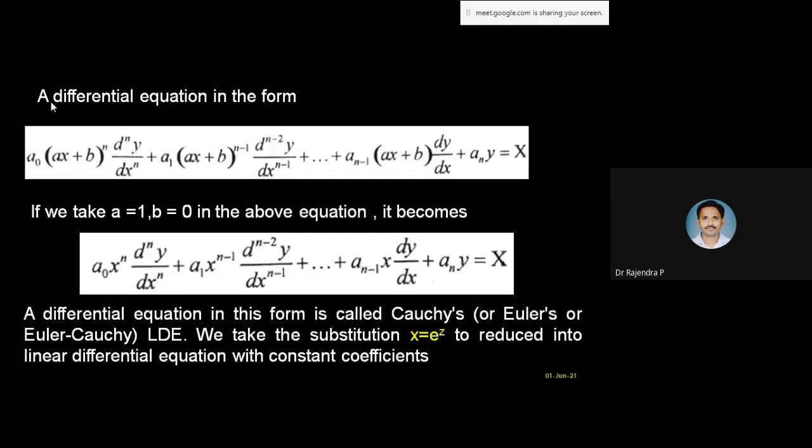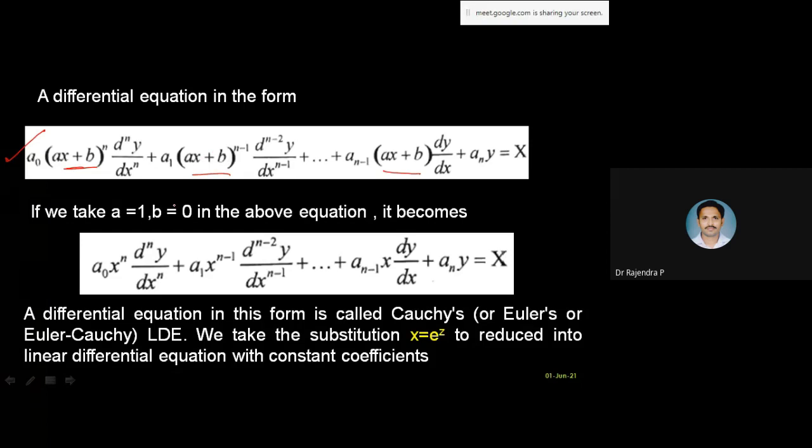First of all, I want to see how many people are able to identify this equation, which is Legendre form. In this equation, the ax plus b form, which is some linear form, appears as a variable coefficient everywhere, as we have observed. Now we are going to take a special case of this variable ax plus b.